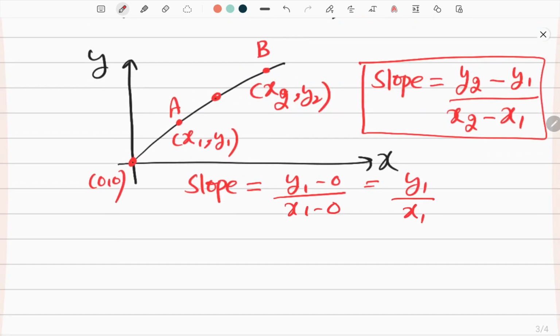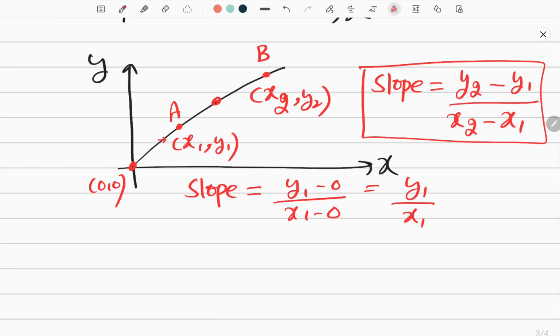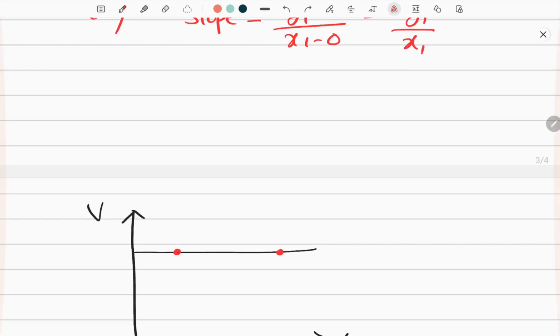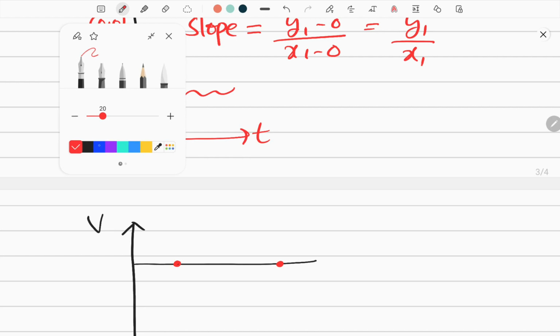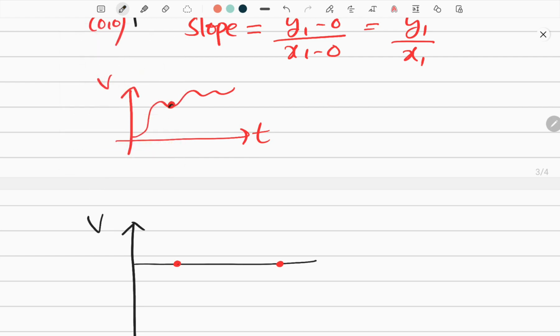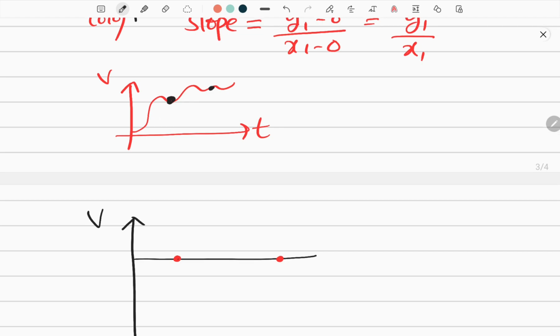It is not necessary that the graph has to be like this only. There is no rule. The graph can be like anything. The graph can be drawn like this also. This is T and this is V, and here also we can draw. I can choose one point here, as I have chosen one point here and another point here, and definitely I'm going to have some coordinate here, here also some coordinate, then I'm going to find out the slope there also.